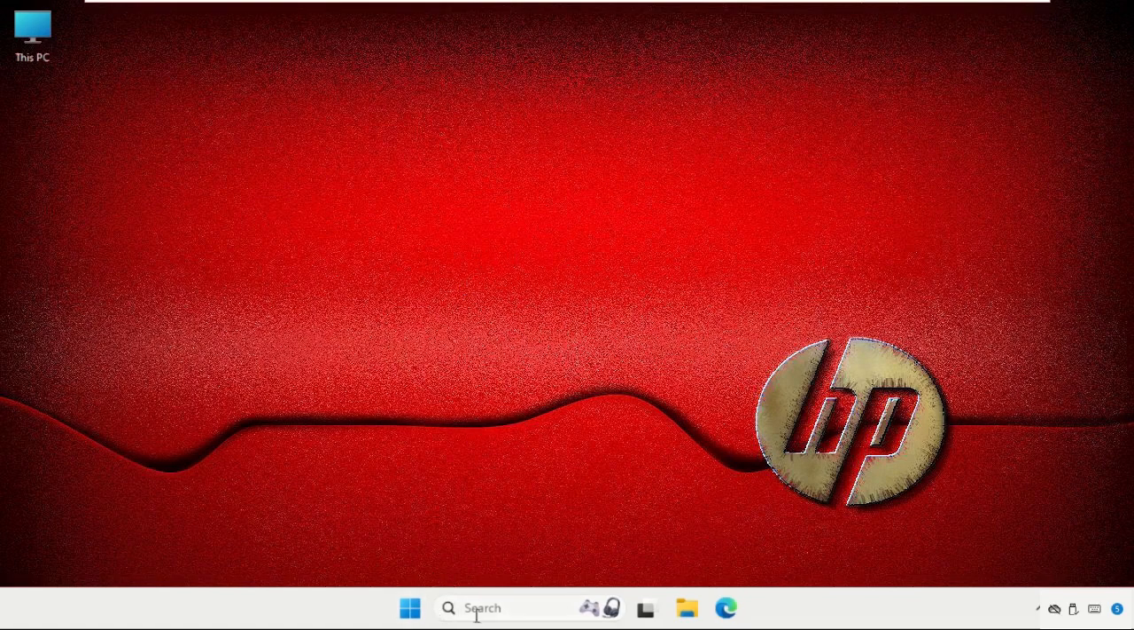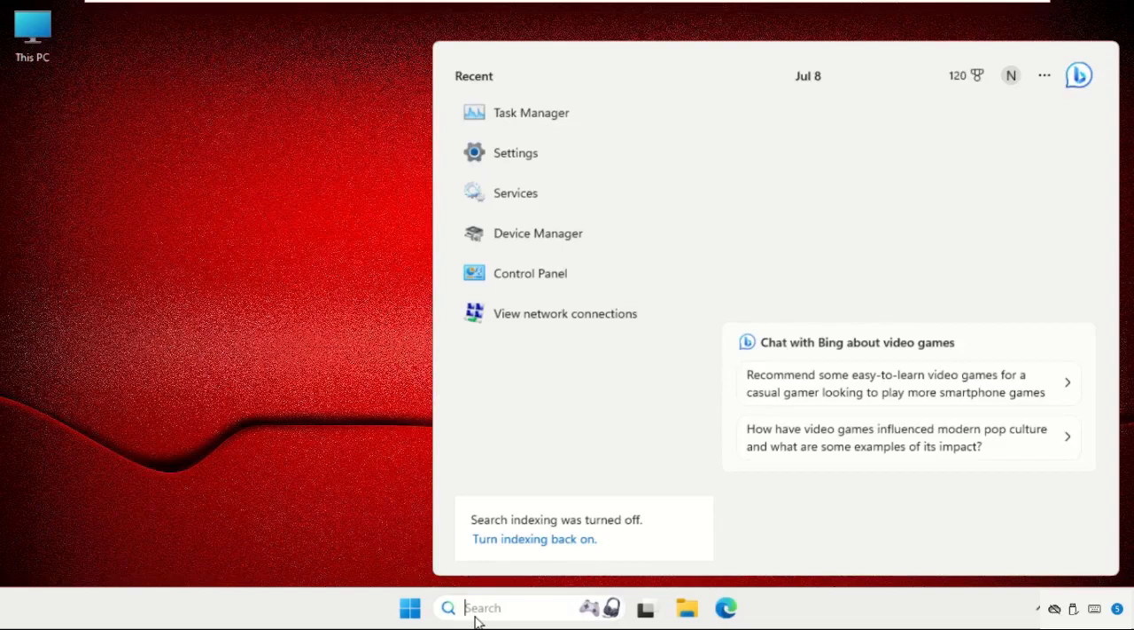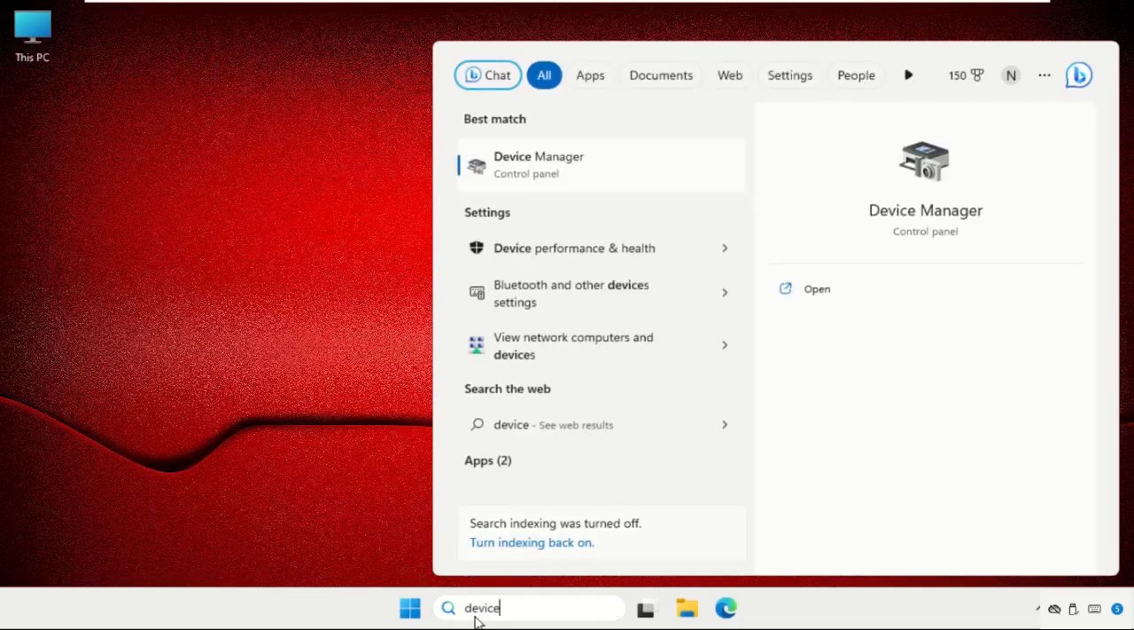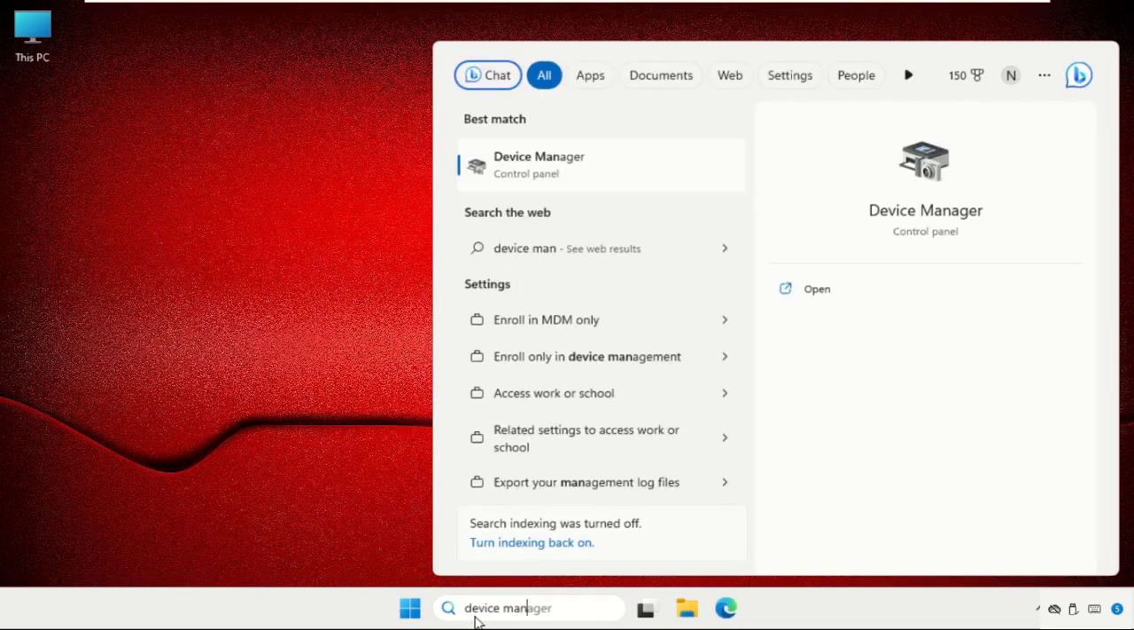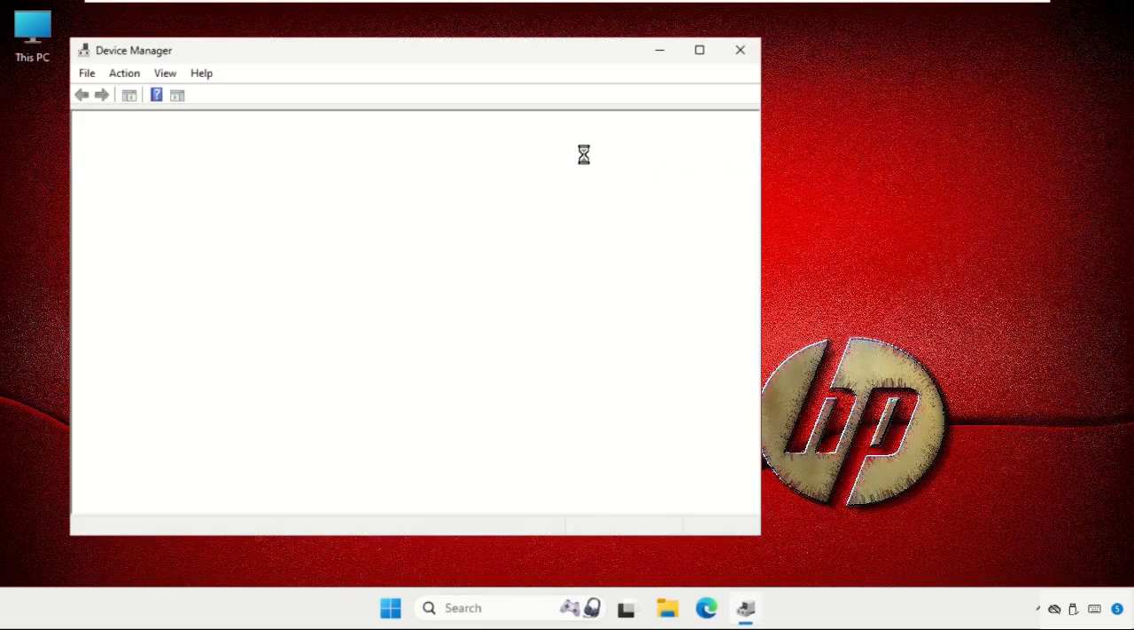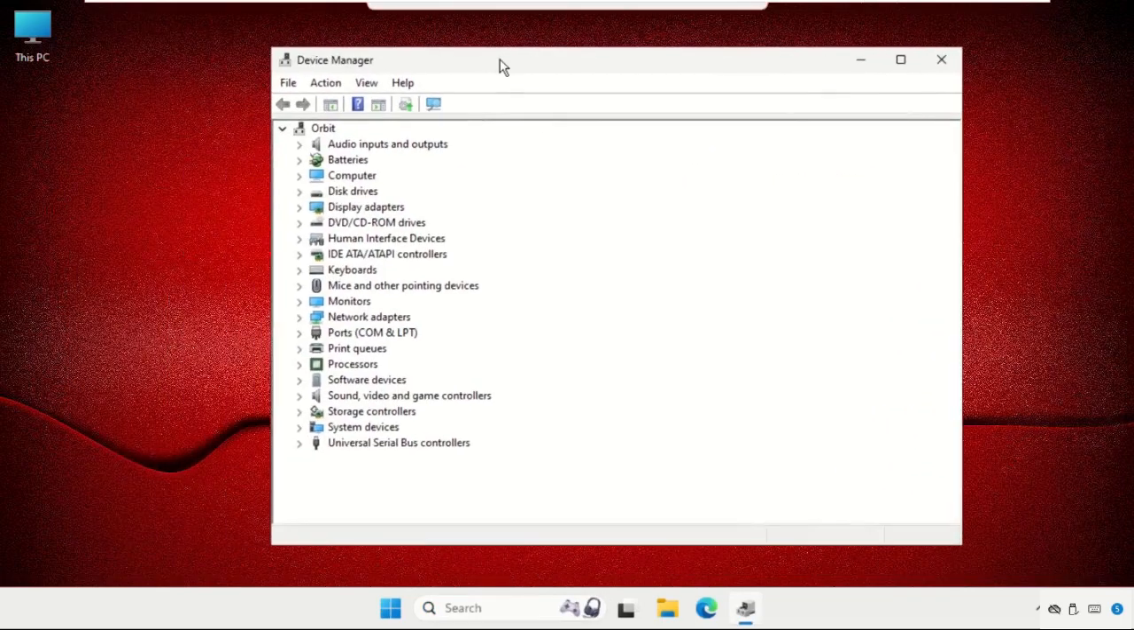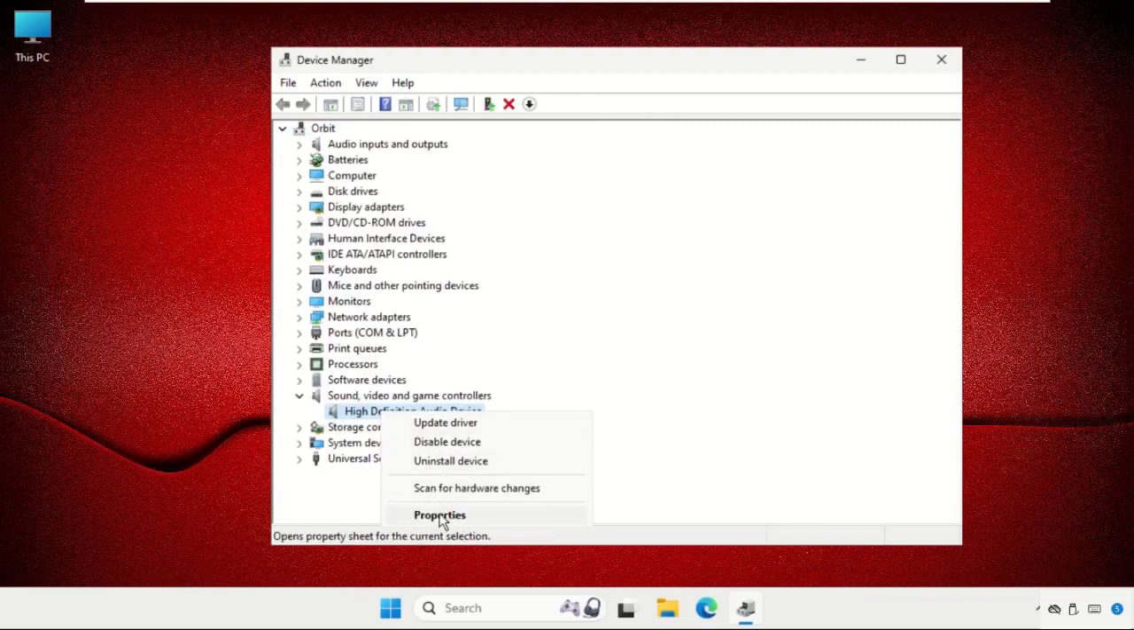First of all, just go to the search bar and type here device manager and then click here to open it. Once we are here, we need to find these sound, video and game controllers. So here it is. Just expand this by clicking on this icon, then right click on the particular device, select